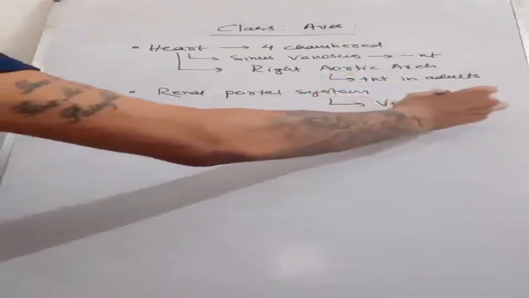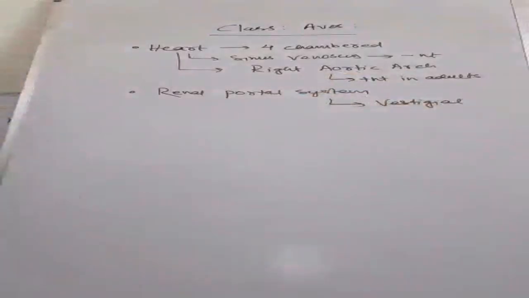If you are asked to state whether a statement is correct or incorrect, and you are given "aves contains renal portal system," you have to say that this statement is correct. But if you are given a statement like "the renal portal system of aves is functional," that is an incorrect statement because it is vestigial in nature.